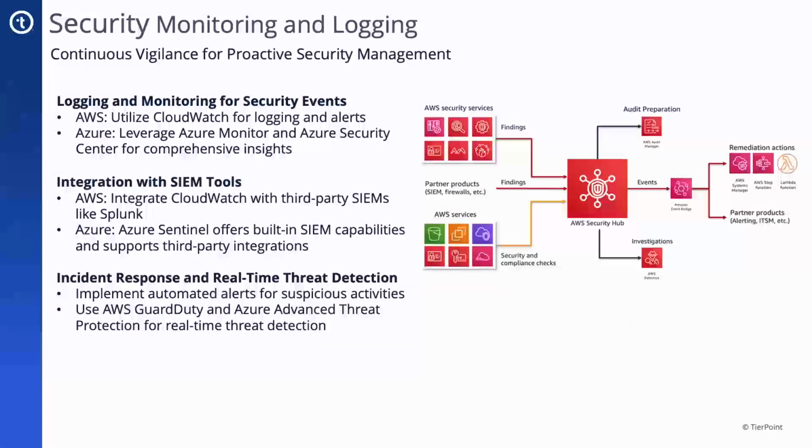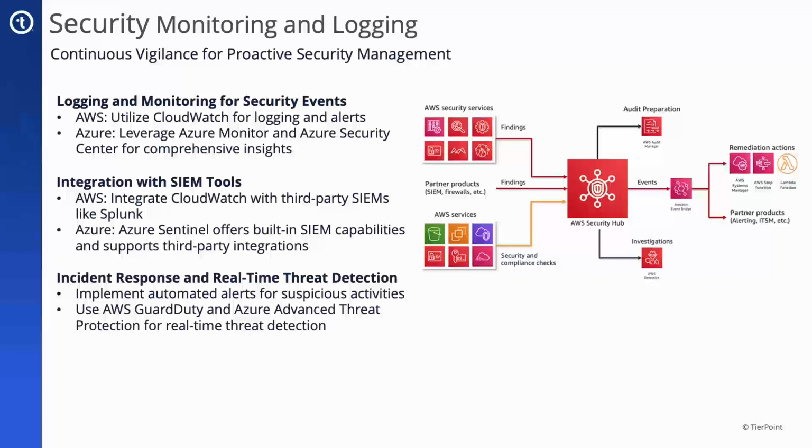Both AWS and Azure offer a wide range of security services designed to help organizations protect their cloud-based assets. On the AWS side, we have IAM, Shield, and WAF, which we've already discussed. In addition to those services, we also have Amazon GuardDuty, which is a threat detection service that continuously monitors for malicious activity. AWS CloudTrail, which logs API calls, providing a history of changes to resources. And Security Hub, which is a centralized view of security alerts and compliance statuses.